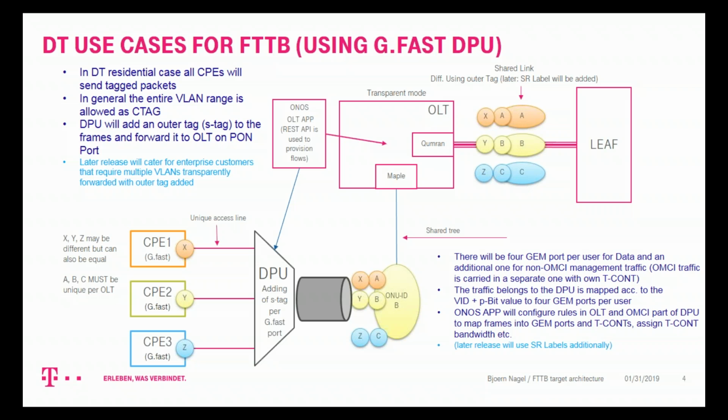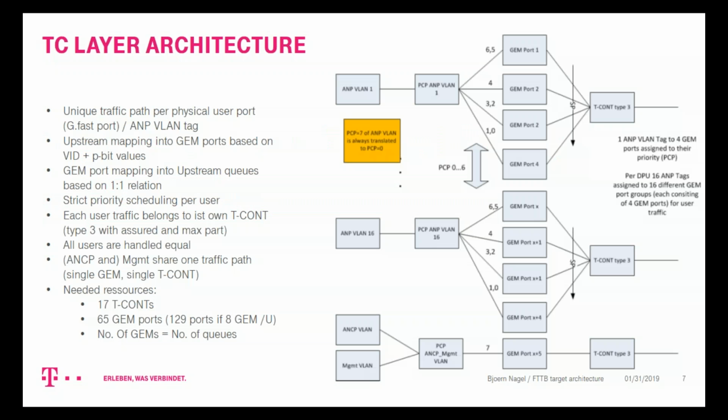Yeah, I'm curious. How many total GEM ports does the link from the ONU toward the OLT need to support on this one now? So each user has